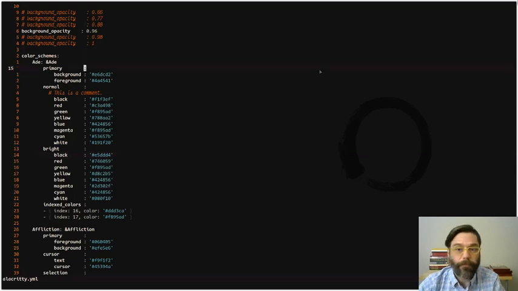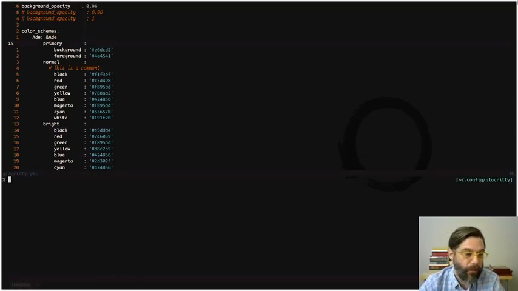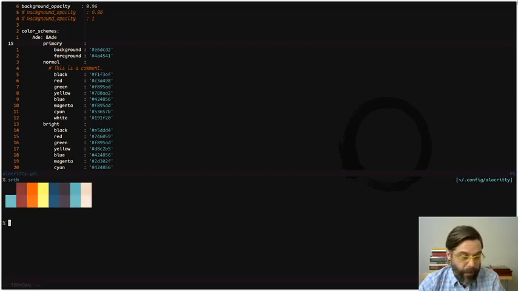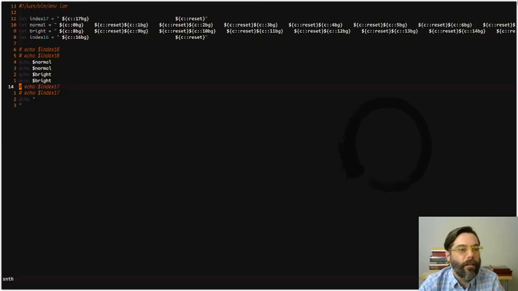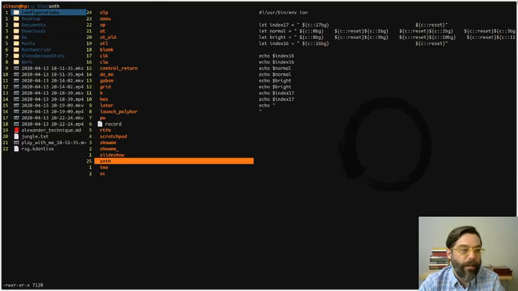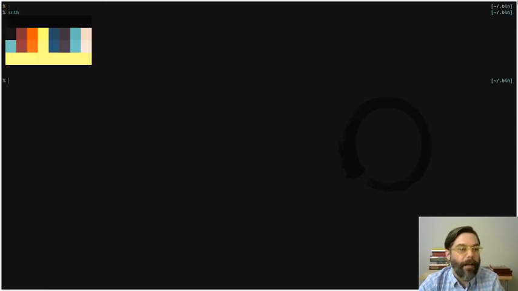I'm no longer using that many colors though. So here's my color scheme, and if I, excuse me, how do I want to do this? Let's say, all right, here is, yeah, I still got it. And then this is just a script to show me colors, and here they are. I have evidently 16 should be the one on top, defined as this black, and then 17 is this yellow, which,